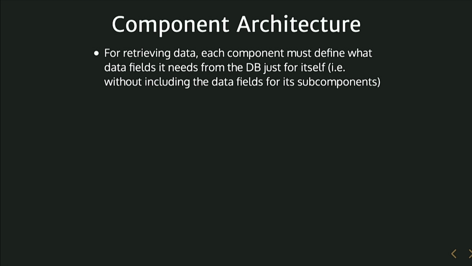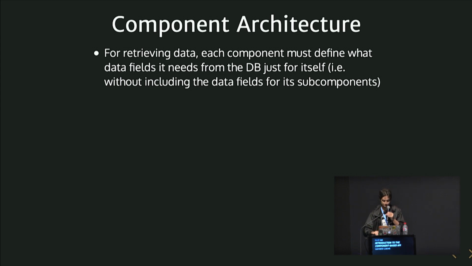For retrieving data, each component must define what data fields it needs from the database just for itself, without including the data fields for its subcomponents. So you can think about this like fragments in GraphQL, but on steroids. Because once again, each level of the component defines, this is my data that I need, not my subcomponents. In GraphQL, right now you have the possibility of a component getting the data also for its subcomponents. Okay, but in this case, each component at each level says, this is the data that I need